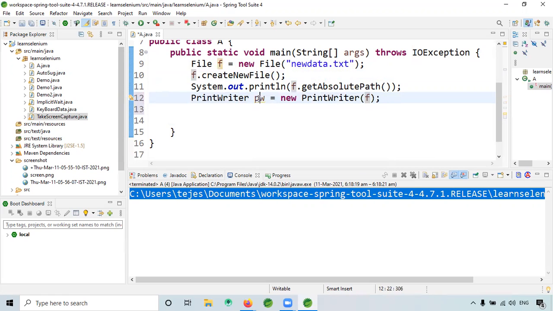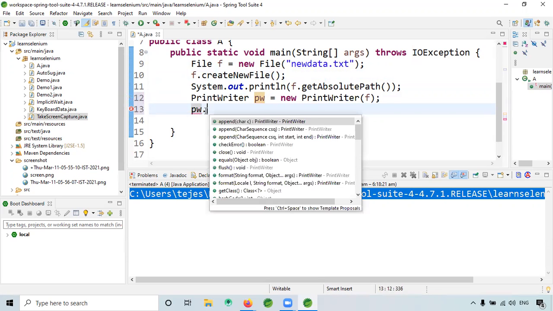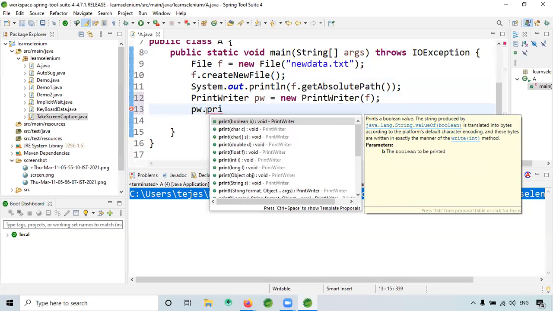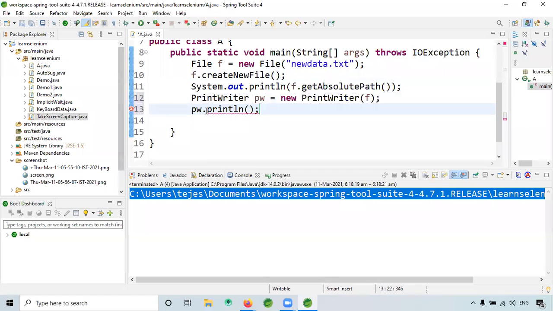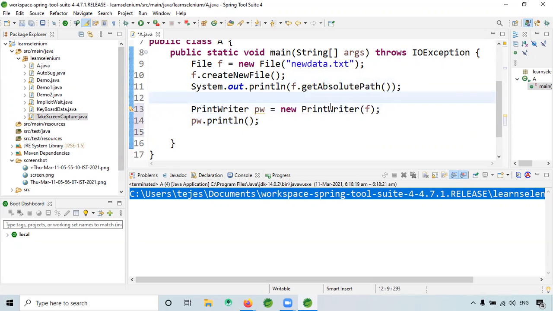Now with pw, I'm able to get all the things, like pw dot println. I have given the file f here. I'm performing the print operation with the print writer on the file f.